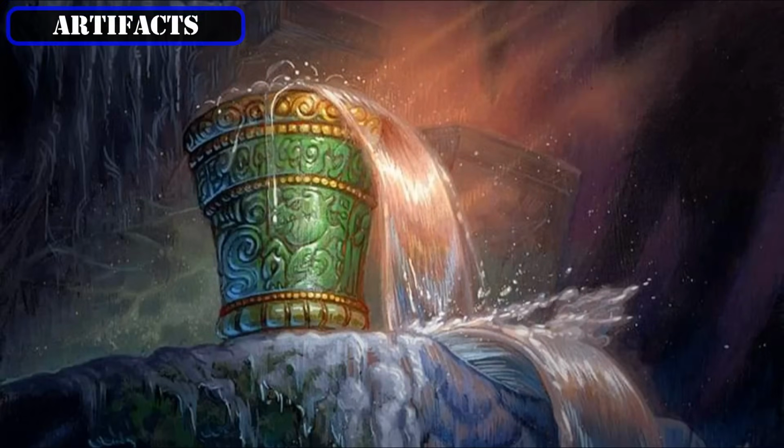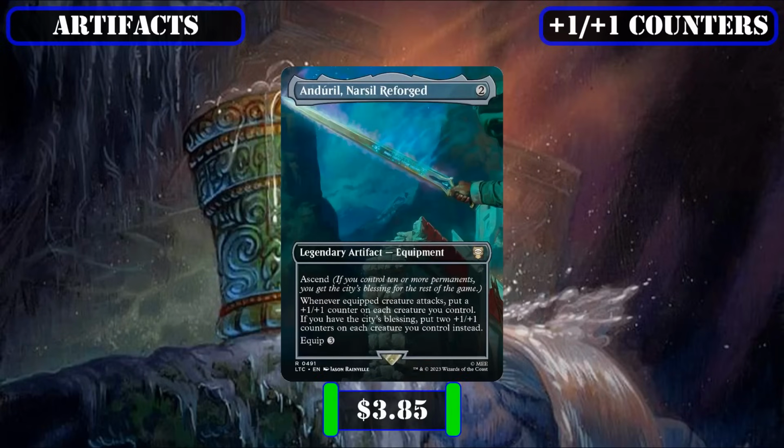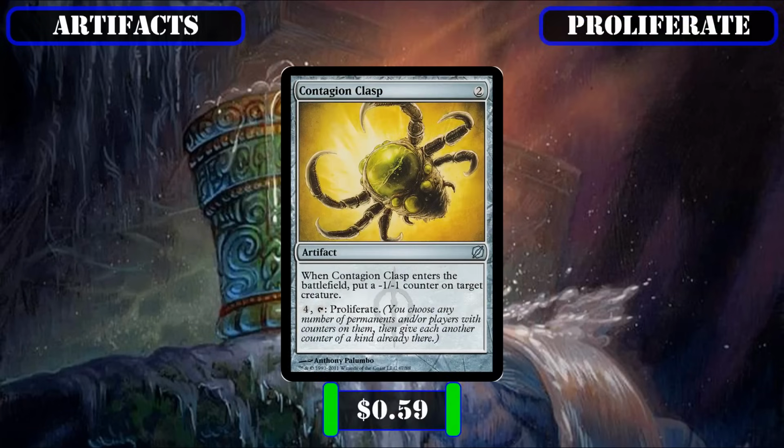Starting off this category with the counter-centric artifacts we'll be slotting into our build, we'll be running Ozolith, the Shattered Spire as another Hardened Scales-like effect to net our creatures extra +1/+1 counters as we load them up, which also lets us put +1/+1 counters onto our creatures with its tap effect so it can enable itself as well as the rest of our game plan, and Eril Narsil Reforged as a piece of equipment that can repeatedly distribute counters to our entire board as the equipped creature swings in, which becomes even better alongside our wide boards and our multiple ways to keep our boards intact, and Contagion Clasp as a proliferation source on a tap effect that, if we can engineer a way to get a counter on it, we can use multiple times per rotation to keep